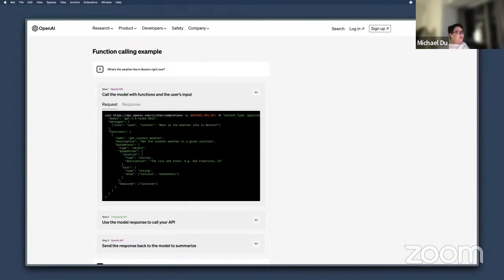So the message is what is the weather like in Boston, right? You have to pass that message in, and you probably will have a lot of different functions. This is just one of them, to get the current weather.